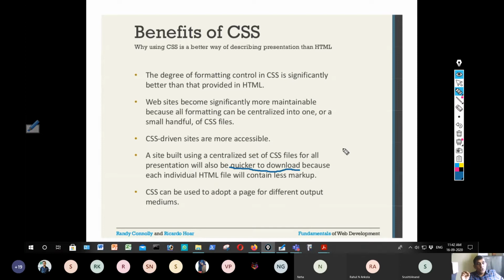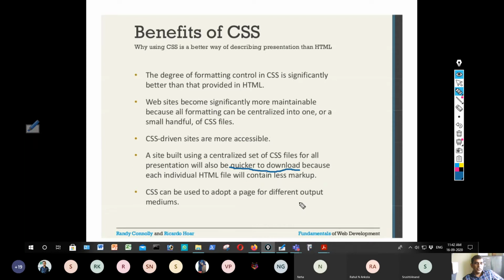It is quicker to download. That means if you have element level CSS, it will be difficult, since every style should be downloaded. If you use a centralized CSS, then it will be easier. So that is the point, quicker to download, because each individual HTML contains less markup.